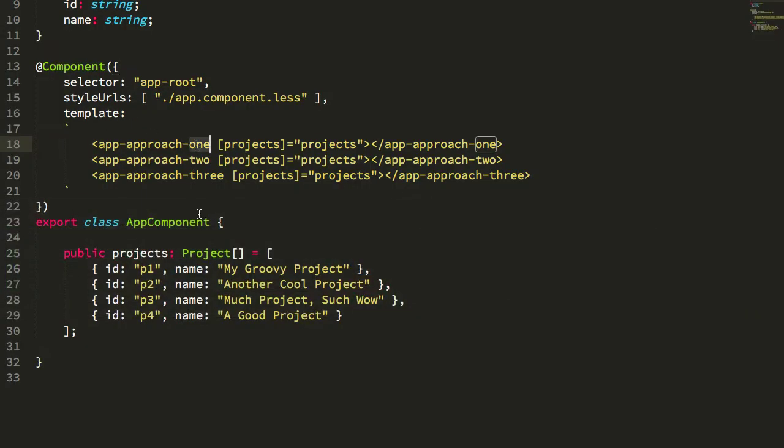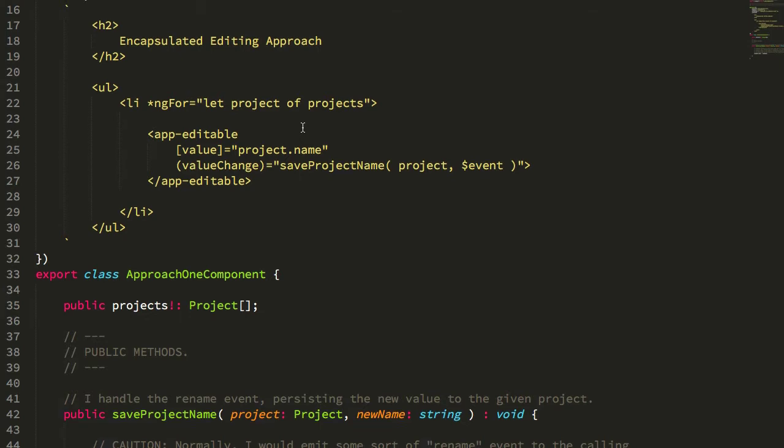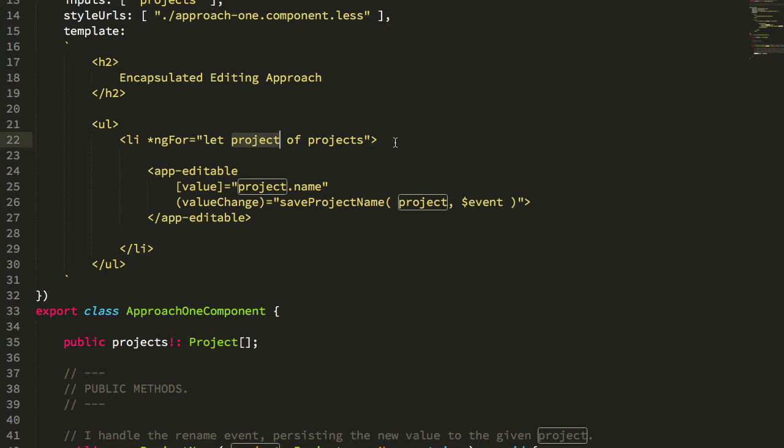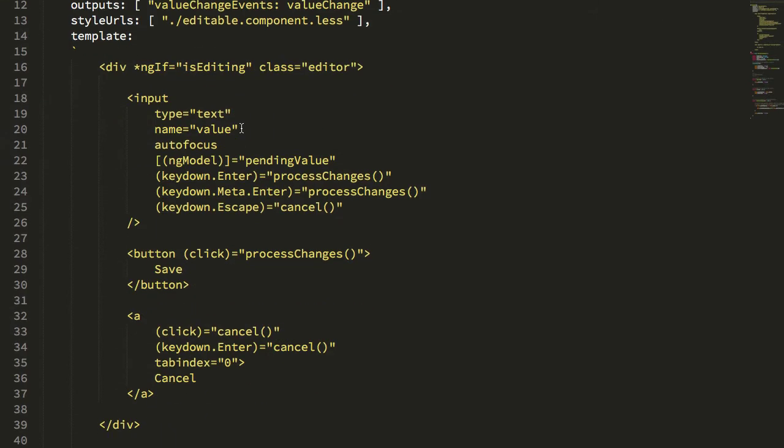So first, let's look at approach one. Approach one uses what I would call a globally reusable edit component. So you can see here I'm looping over my list of projects, and inside my list I just have this editable component. I'm passing in the value that I want to display and the event handler for when that value is changed. And internally to this editable component, let's look at that,